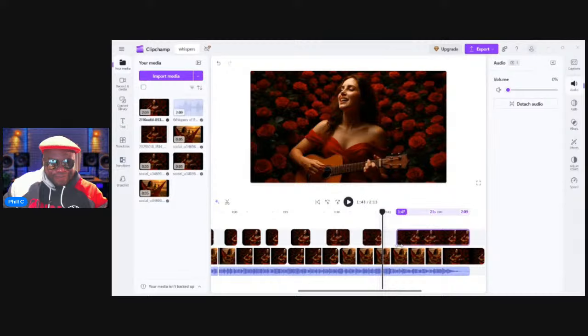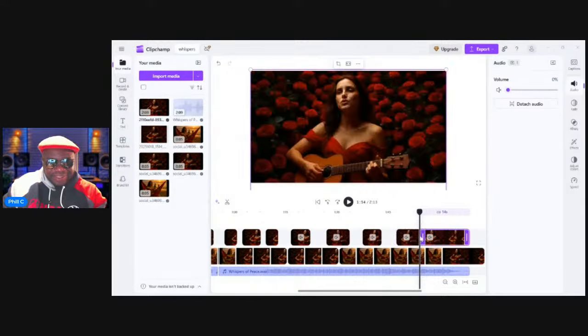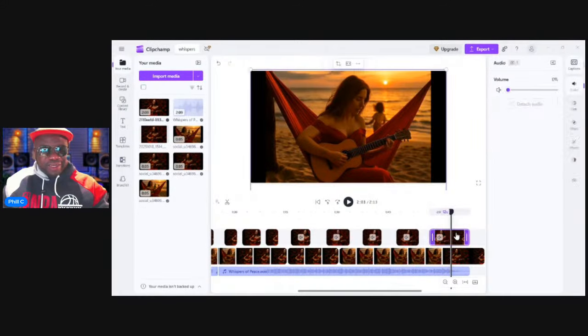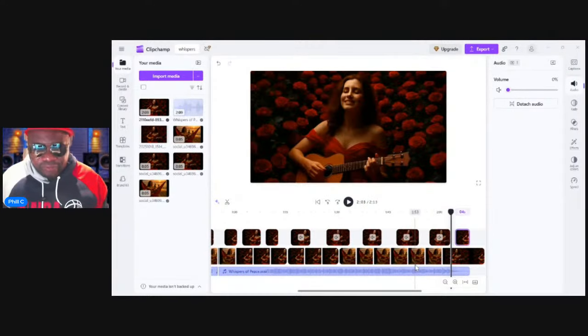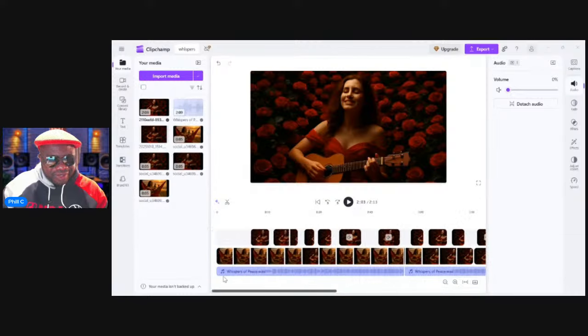So take note that the audio position is intact. I have not moved what is on top. I'm just cutting it, but it is absolutely synced with the audio at the bottom. That is key. If your video is not synced to the audio, then your goose is cooked. And that could send you head scratching for days on end. Okay. Now we're done with this kind of idea.